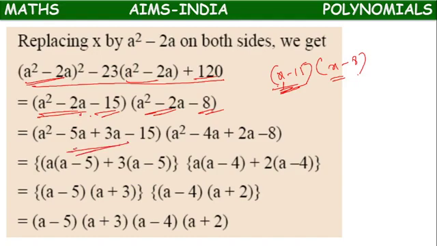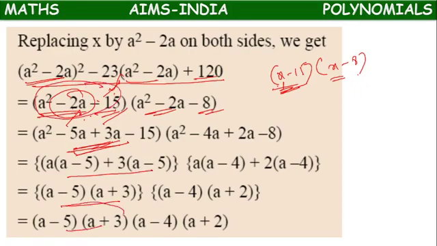Again the middle term has to be split here. The constant is 15, which is 3 times 5. But we have minus 15 and we need minus 2a, so we take minus 5 plus 3. Then we will get minus 2a. Like that we have to split and take common. Again two factors will come, so for this one factor we will get two factors.